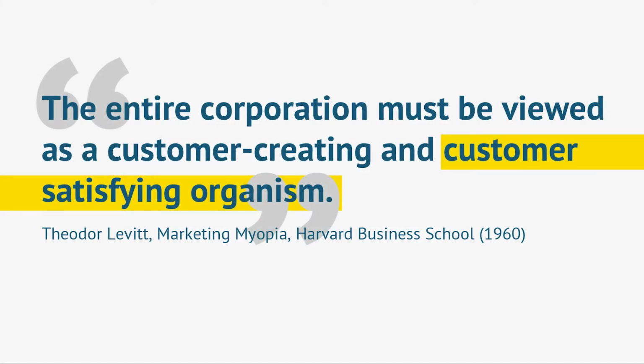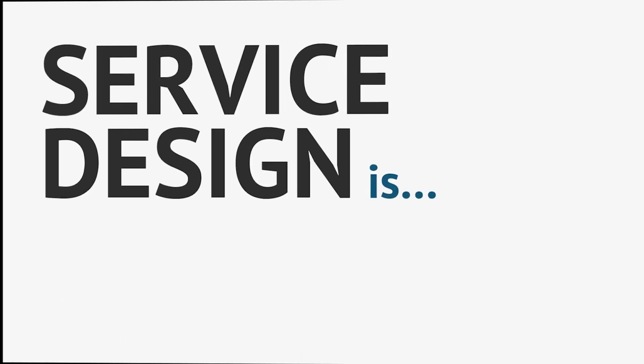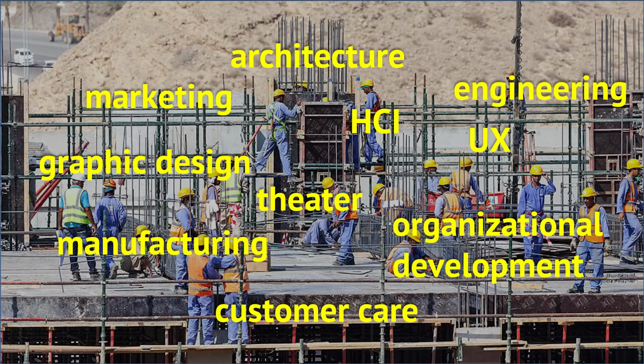And I want to add this little quote here that says, the entire corporation must be viewed as a customer-centric and customer-satisfying organism. So, this is from the 1960 article, Marketing Myopia. And it's great because this quote from 60 years ago does say that the entire corporation must be viewed as such. And then putting it together, service design is a combination of a lot of different